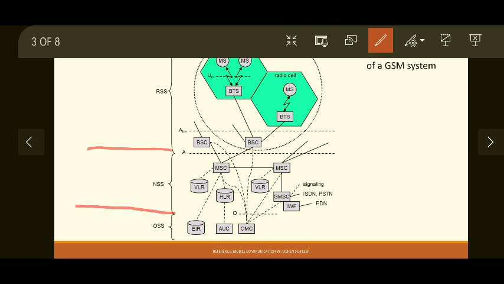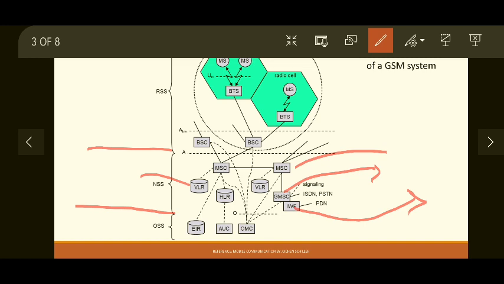It contains the mobile switching center and several registers, location registers, which are denoted by this icon: visitor location register and home location register. Then there are two other entities. One is GMSC, that is the gateway MSC. We know the functions of a gateway. Gateways are used for interconnection of different types of networks. If a GSM call is to be forwarded to another network, GMSC will come into the picture. And then the interworking function register, which connects your calls to a data network, the packet data network, PDN.